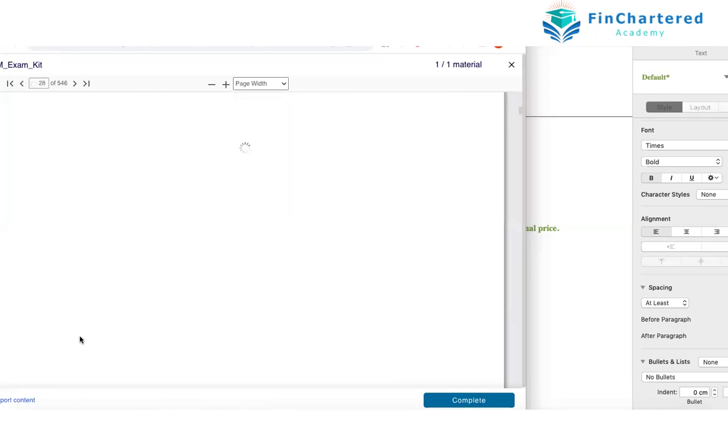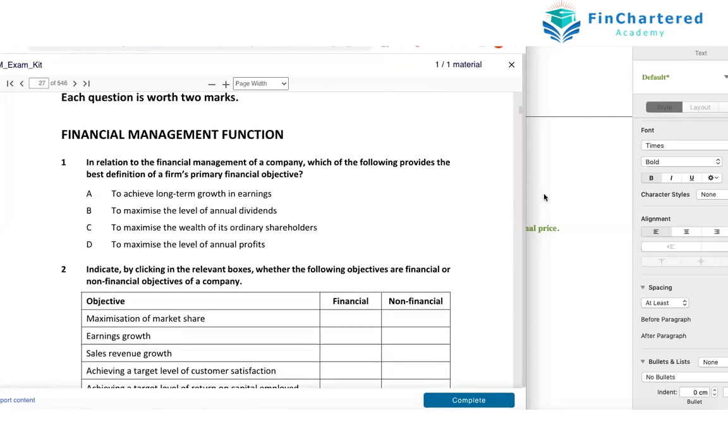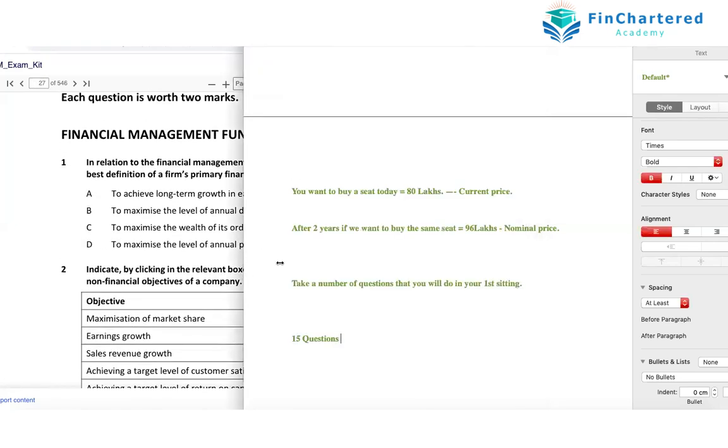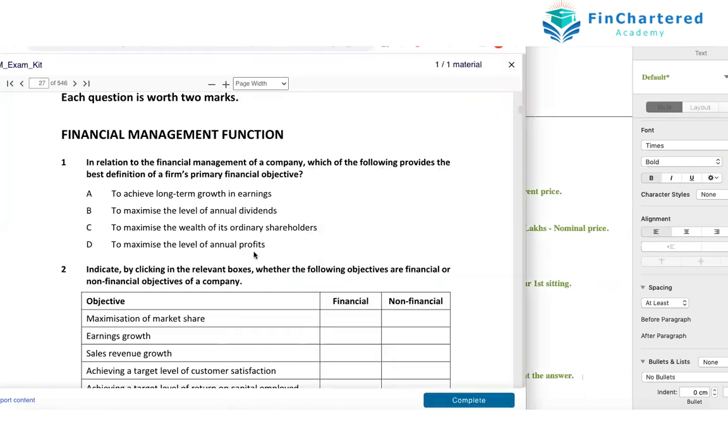So yes, you take 15 questions in your sitting, right? What you can do is you can look at the question the first time you do it, and you can directly look at the answer. This is what I used to do at least. Because we don't have so much time to sit, look at the question, we get confused, oh, this was not there in the textbook, we panic, and the panic makes us close the book.